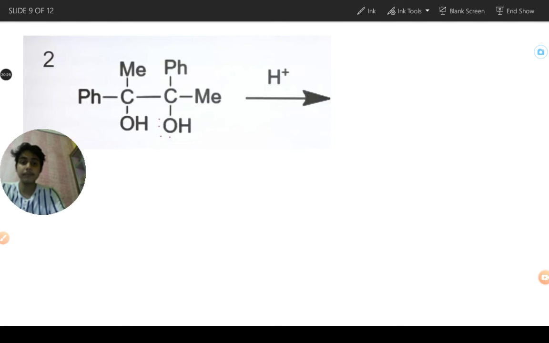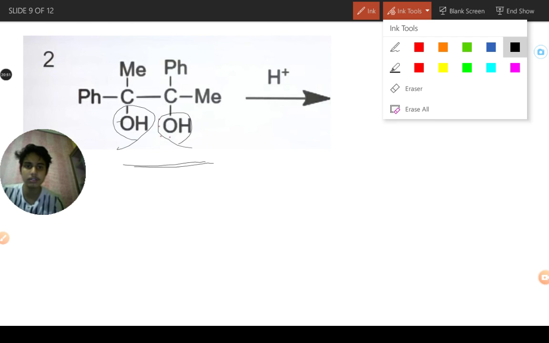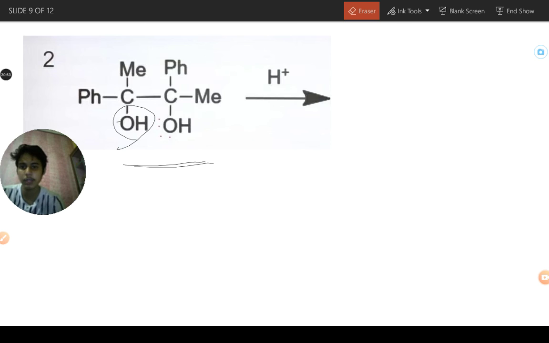Just see here in this question you can find symmetry carbon over here, but can you say where the carbocation will be formed? Carbocation can be found at this position or this position, and you must know that the lone pairs are present over here. See, we have also shown the lone pair over here. See the lone pair over oxygen here. In this position you can see the lone pair over oxygen.